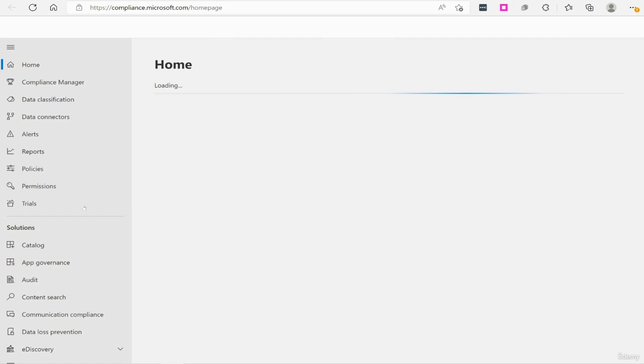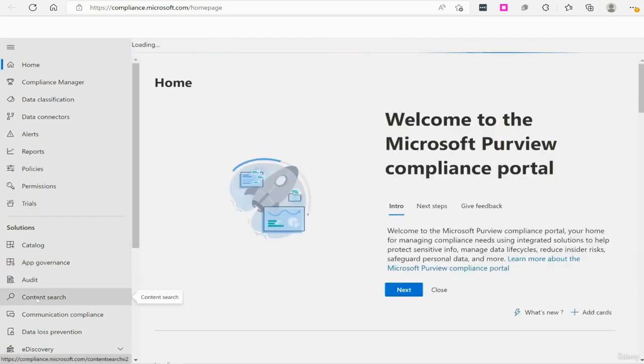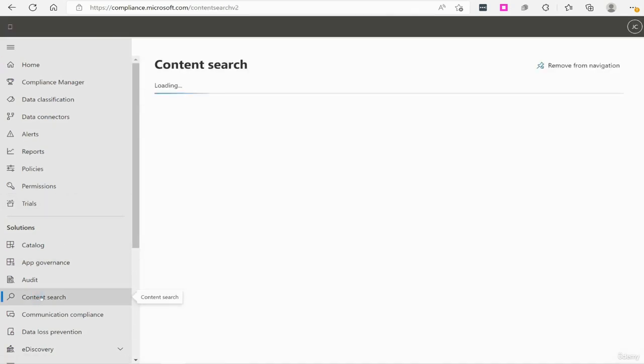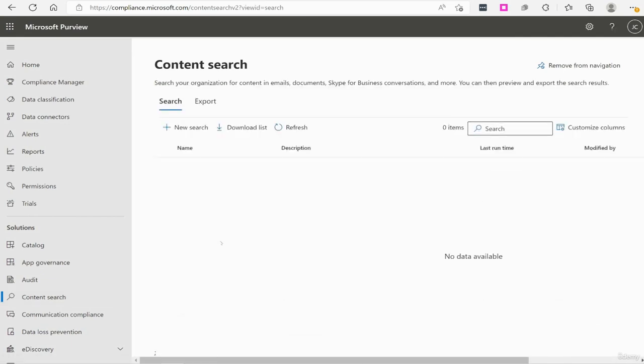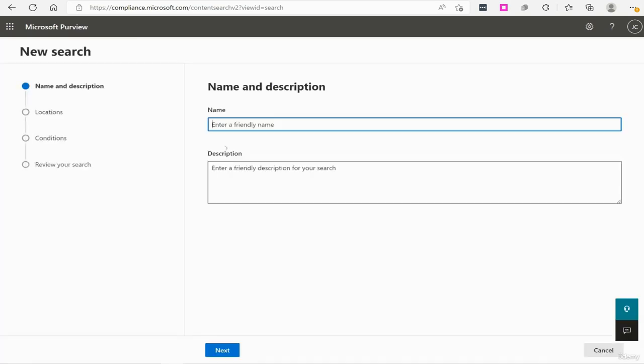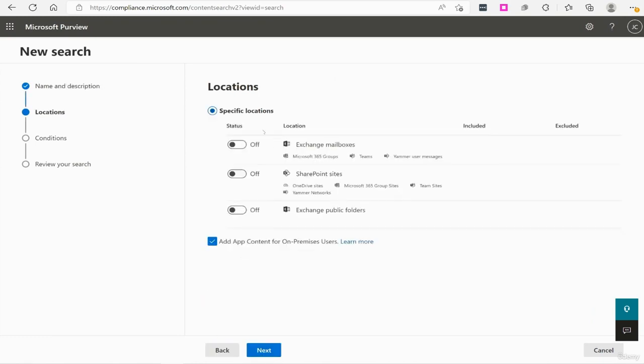All right. And then once this gets loaded up on the screen, we'll look over to the left here and we're going to see what's called content search. If we click on content search, this is where we can start doing just a regular content search. We don't have to be an eDiscovery manager or anything like that to do a content search. All right. But from there, we can just click new to do a search. We could give it a name, click next, and then choose the specific locations that we want to do a